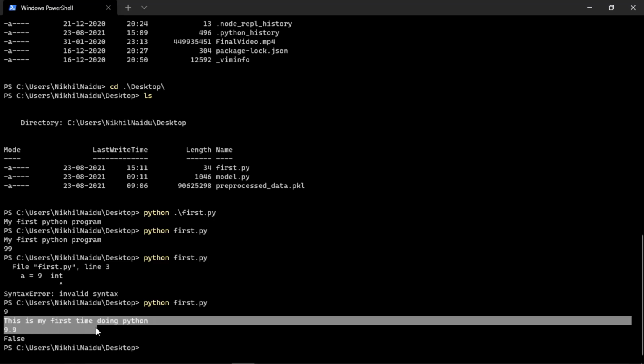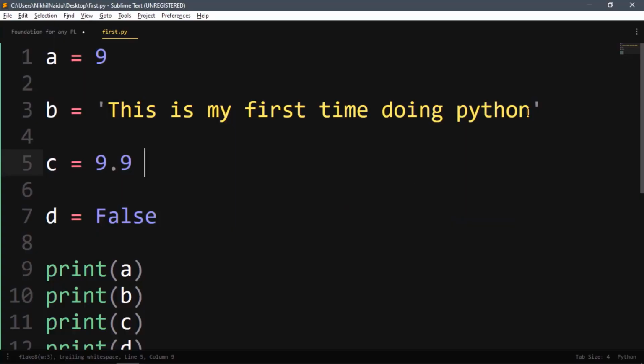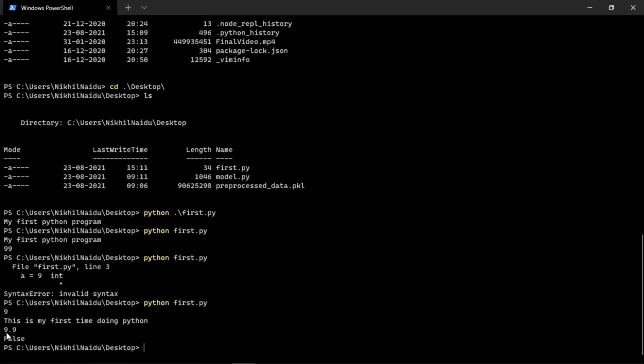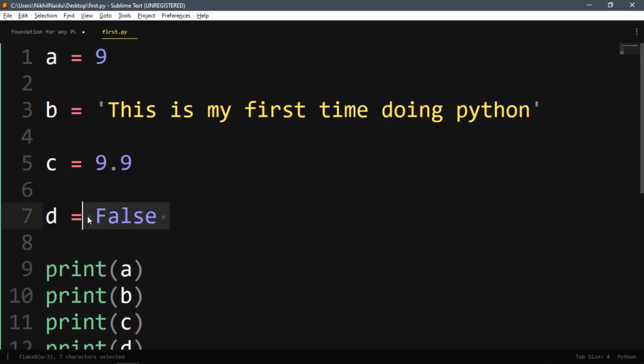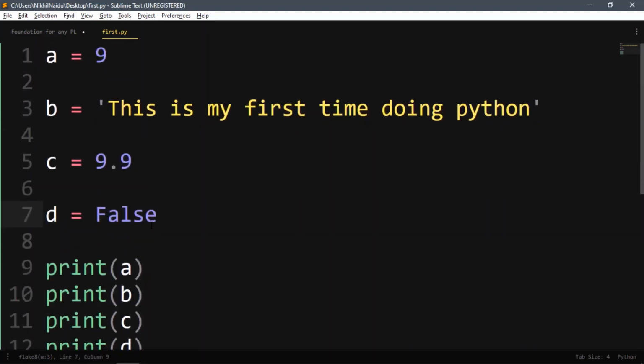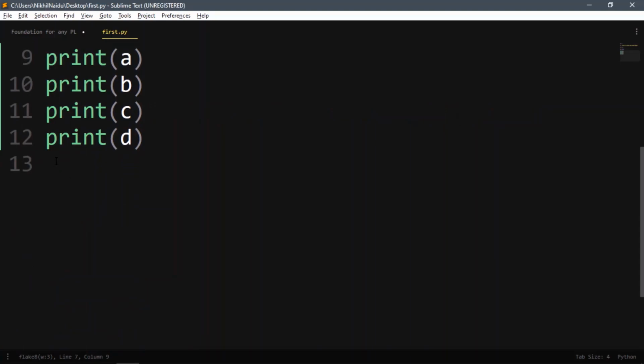Second, it printed out this is my first time doing Python. C is 9.9. D is false. So in this way we declare a variable, and declaration and initialization are both in the same line, and then at last we use it, or we could say we call those variables.